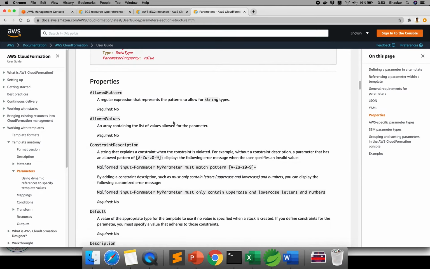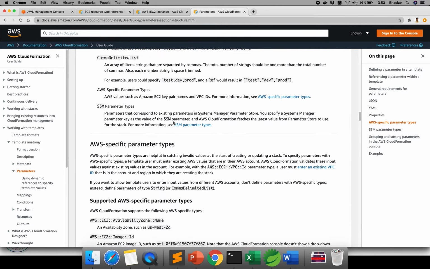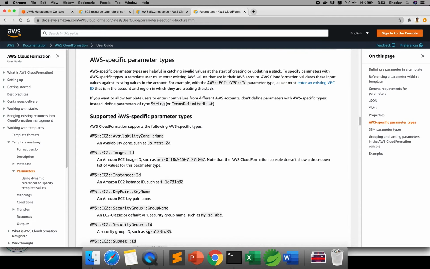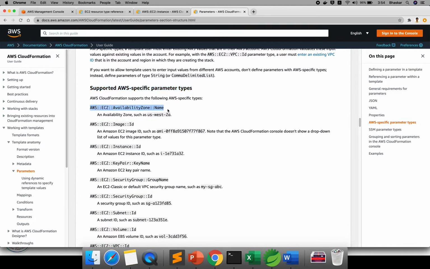If you come further down, let me show you guys. See, these are the supported AWS-specific parameter types: availability zone, instance ID. See, this is my type, this is my key name. Let me copy it here.